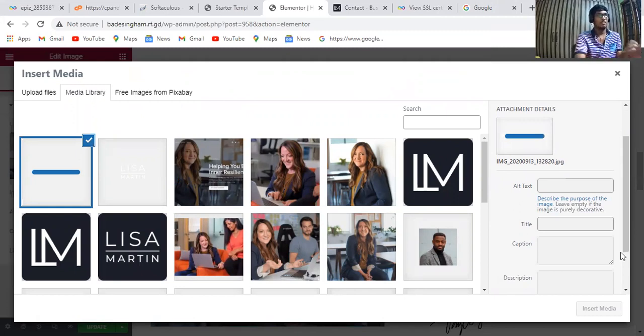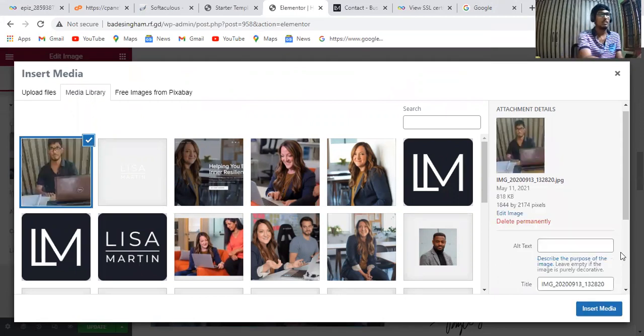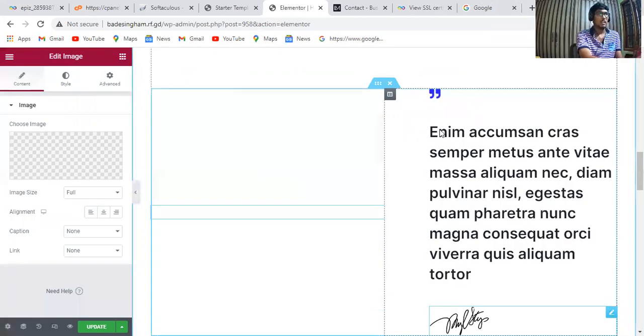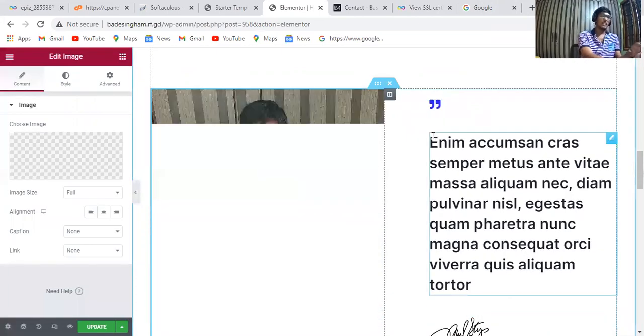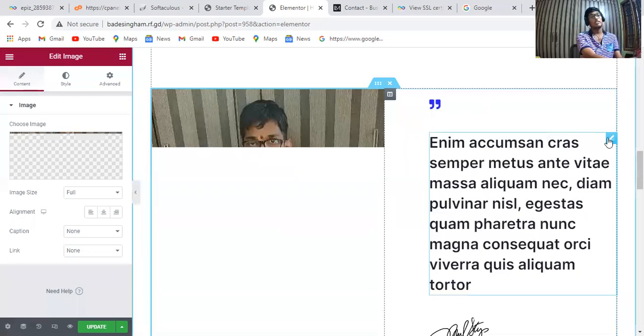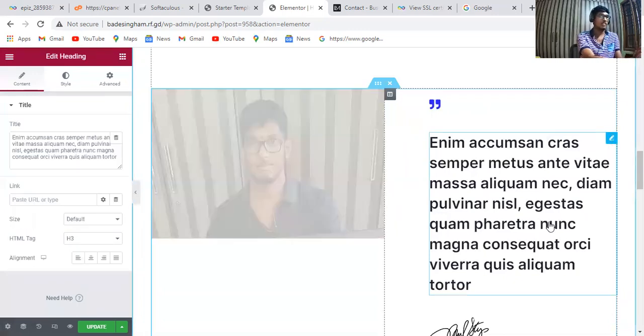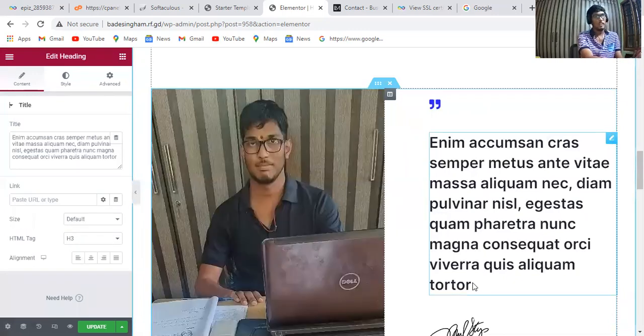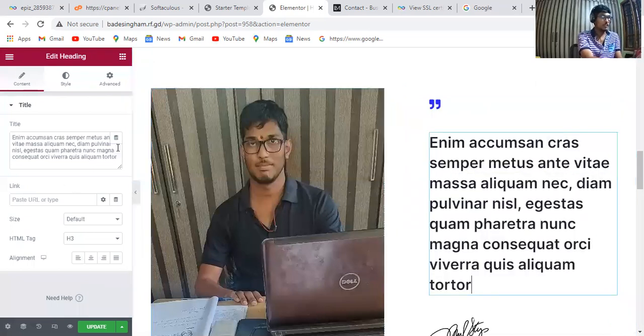Let's see. You have to click on insert media, and you can change all these things. So this was the example. I'm going to type it as